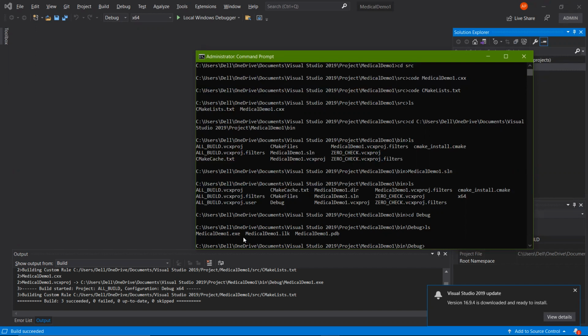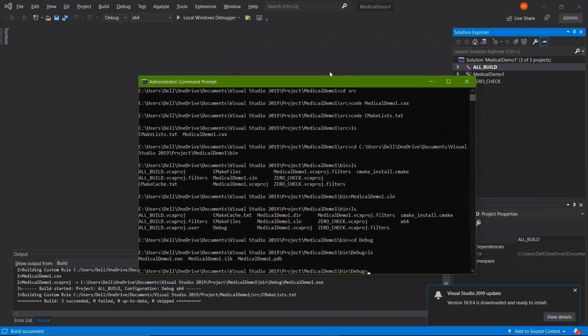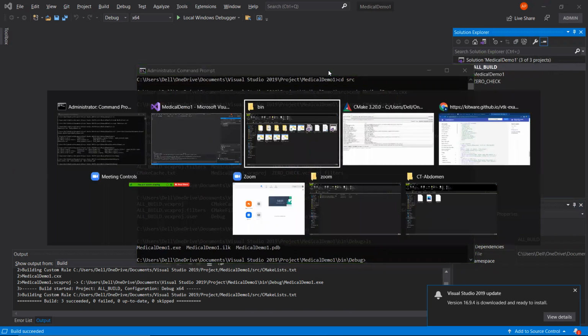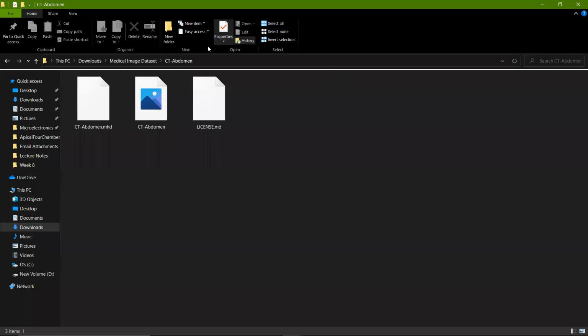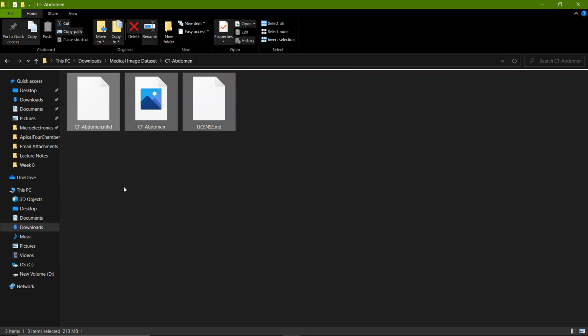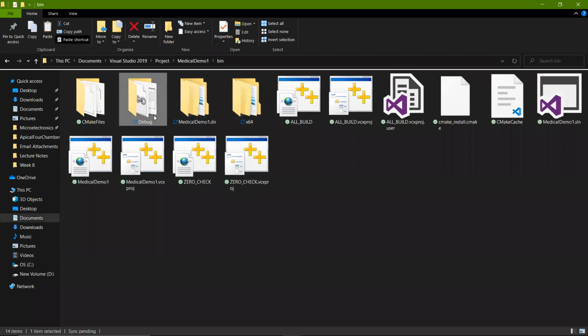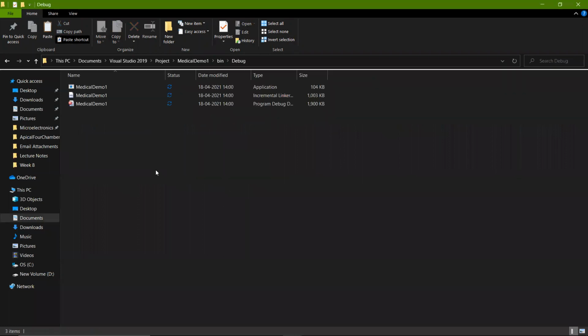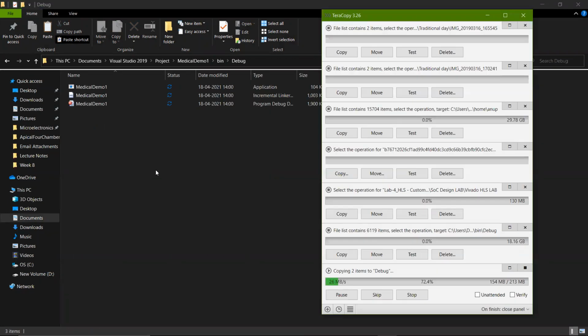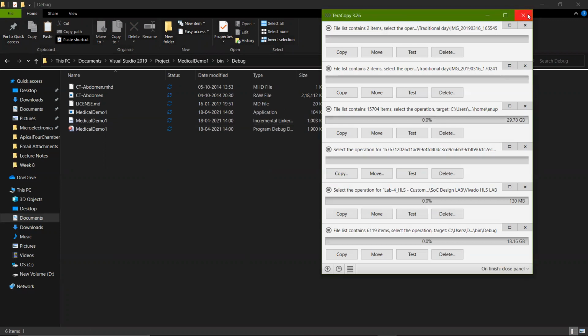Now we need to run this application on scientific data. The data I'll be using is obtained from the web, the abdomen dataset, that is metadata. We'll paste this data inside the debug folder where we need to access the data.